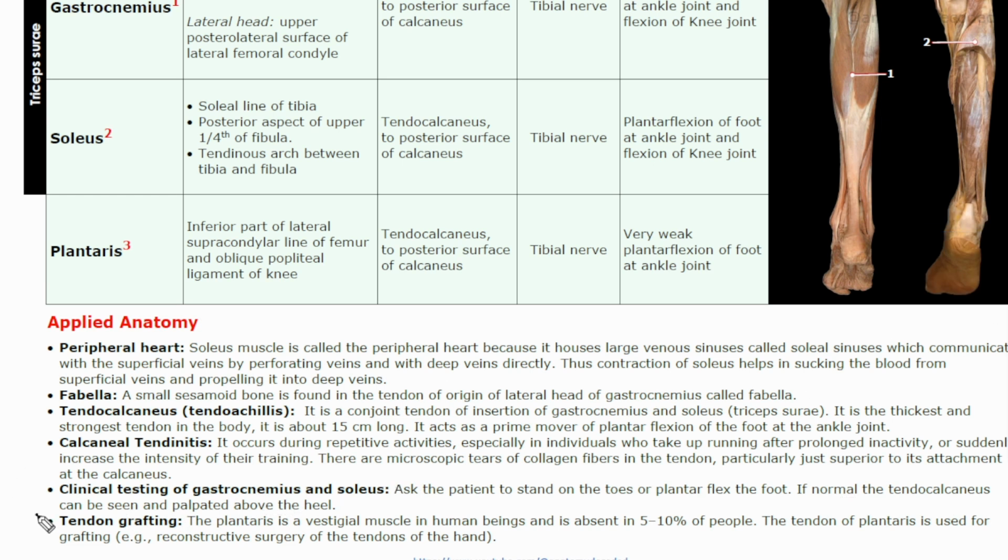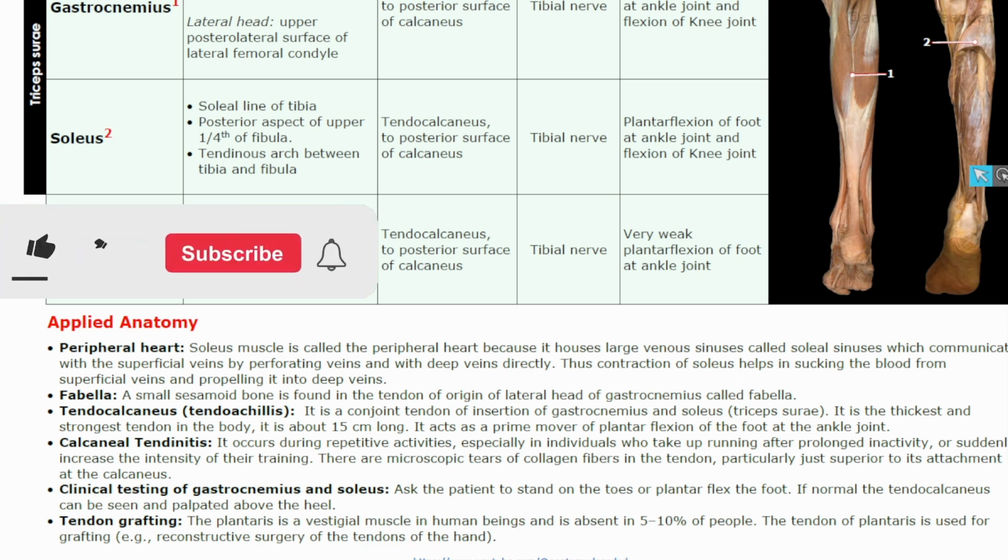In tendon grafting, the plantaris muscle is referred to as a vestigial muscle. Because its action, as we also saw, is a very weak plantar flexion, the tendon of plantaris is usually used for reconstructive surgeries of the tendons of the hand. So, three muscles, but there is a lot of applied anatomy related to them. Now let's see the